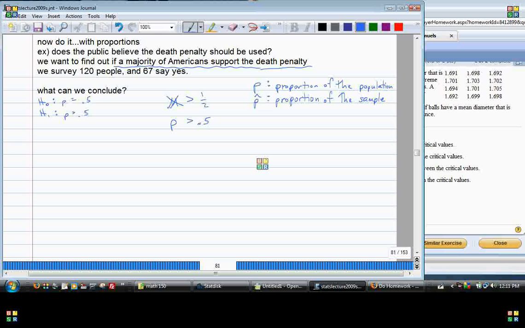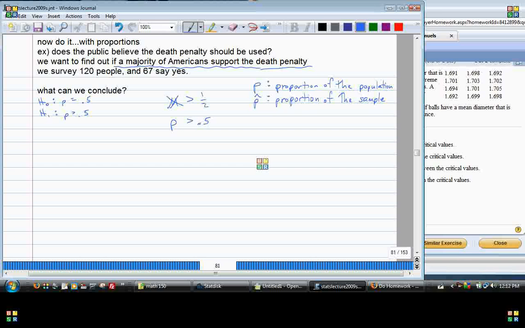Now, one of the things that you need to do while you're converting it to notation has to do with what Albana just asked me. She said, how do we know this is about a proportion and not about a mean? So how do you know that? Okay. Yes, there are a couple of clues. First of all, the question asks about a majority. Now, when you talk about a majority, is that a mean or is that a proportion?